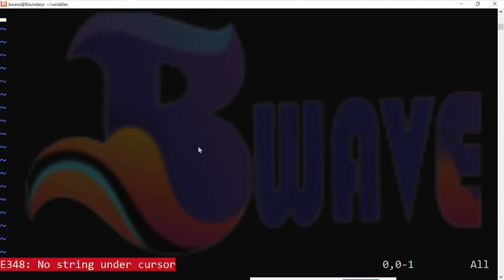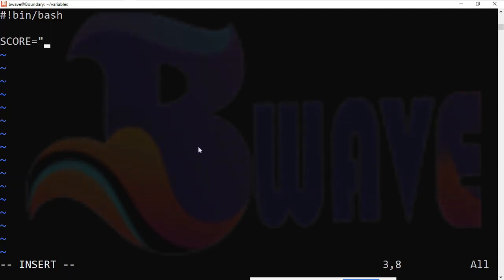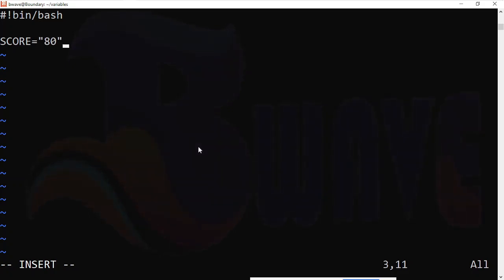So first line, bin bash. And so what can we do here? We first create a variable called score and set it equal to 80. There are a couple of ways to do this, but let's create a variable called score and set it equal to 80. Now there should be an if statement that says